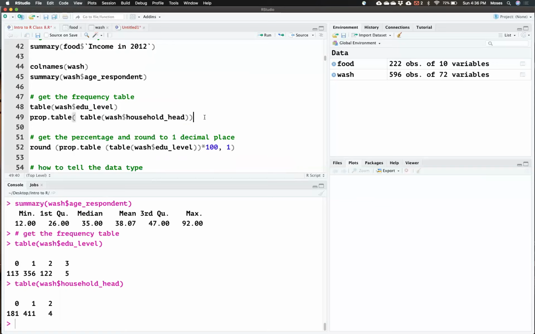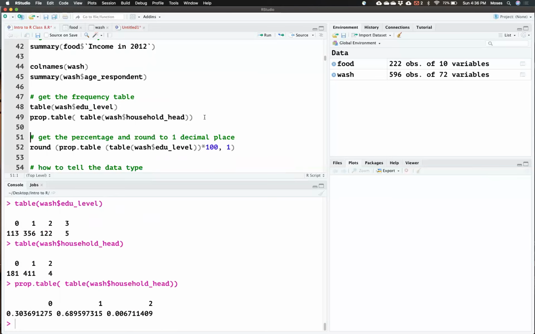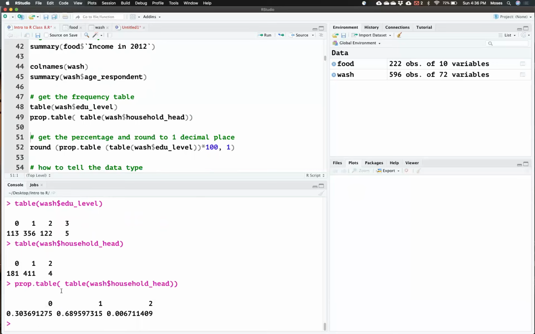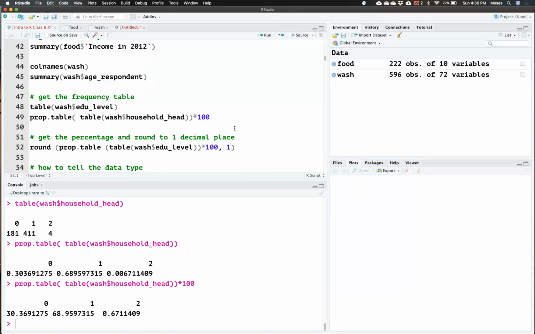So proportion dot table, if I do that, I get this was around 0.3, and this was around 0.3, and then this one was around 69%, and this one was about 0.6. So I can multiply this by 100 just to have them